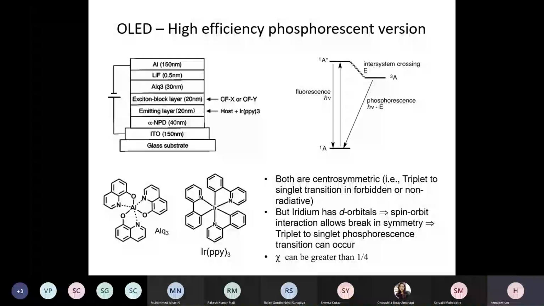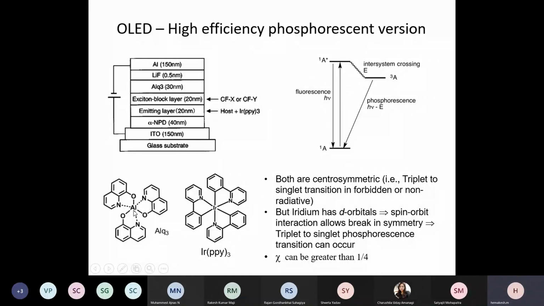Why iridium? Because aluminum complexes are centrosymmetric, and centrosymmetric materials do not allow phosphorescence phenomena. And phosphorescence happens when you have a triplet energy state that has a certain population of charge carriers, and decay of that leads to phosphorescence instead of the normal singlet to singlet decay that gives rise to fluorescence. So